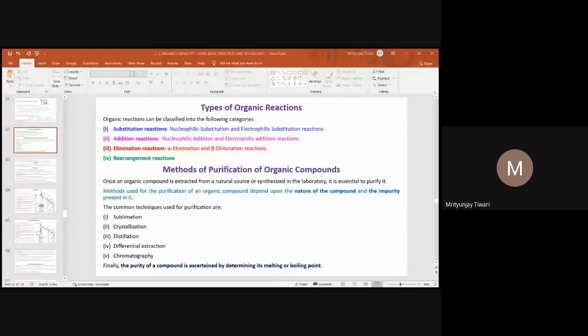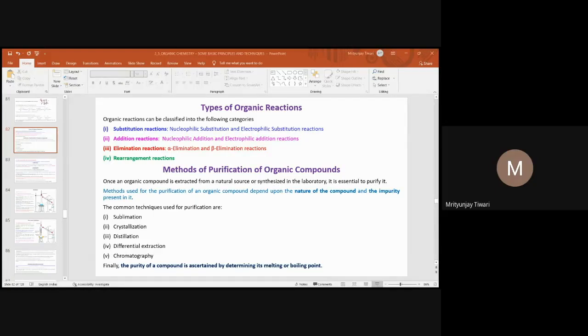Suppose the miscibility of this organic compound is more in another organic solvent which is not miscible with water. Then we take the aqueous solution into the separating funnel, and then we add